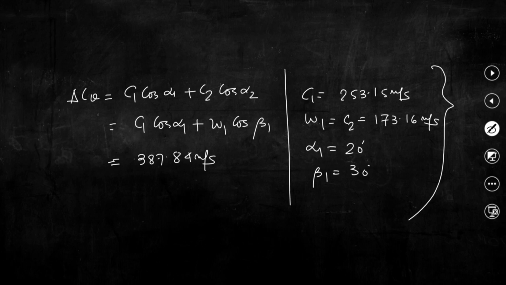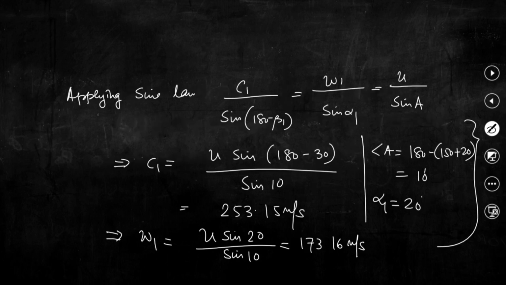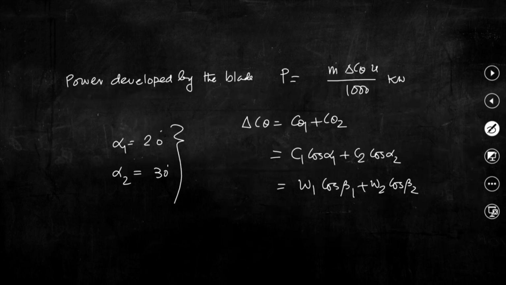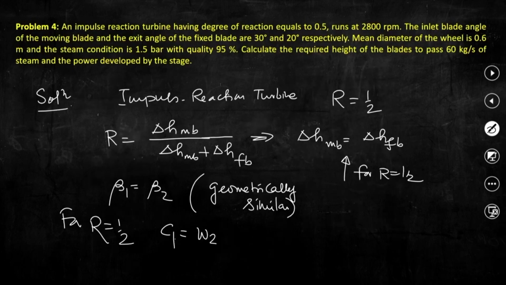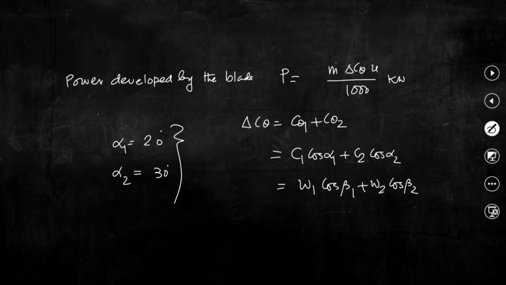Now, we can calculate the power developed, provided we have calculated delta C theta already, we know U, we can calculate power developed if we calculate m dot, mass flow rate. How can we calculate mass flow rate? So, what is the problem statement given? See it is given m dot equal to 60 kg per second, right. So, 60 kg per second,